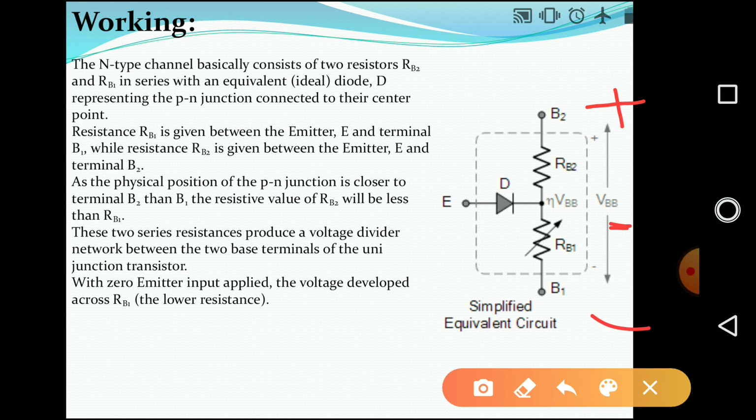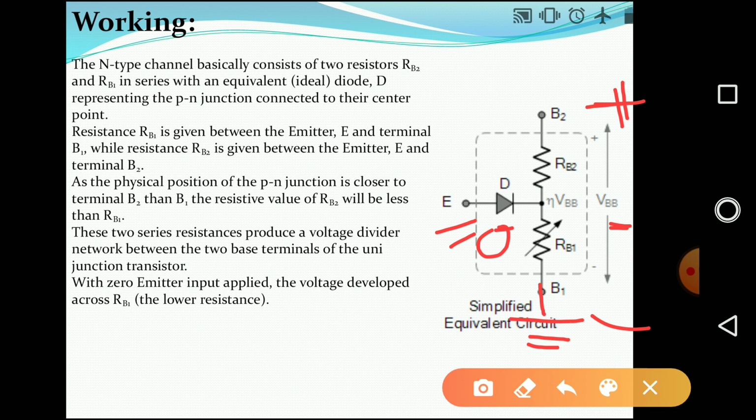Then the working of the UJT will be achieved. So we are making the B1 terminal a ground terminal, that is a 0 value, and at the initial condition the input voltage at the emitter is also kept at 0, and a positive voltage is applied to terminal B2 with respect to B1, that is positive at B2 and